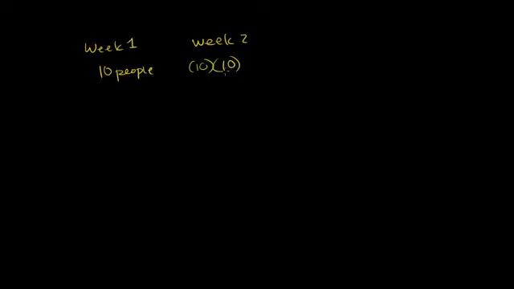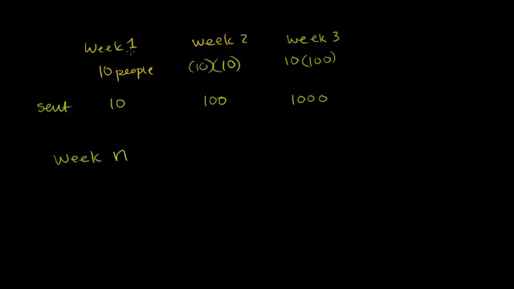So now 100 people have the letters, right? Each of those 10 sent out 10. So 10 were sent in week 1, and 100 were sent in week 2. In week 3, what's going to happen? Each of those 100 people who got this one are each going to send out 10, assuming that everyone is really into chain letters. So 1,000 people are going to get it. And so the general pattern here is the people who receive it. So in week n, where n is the week we're talking about, how many people receive the letter? In week n, we have 10 to the nth people receive